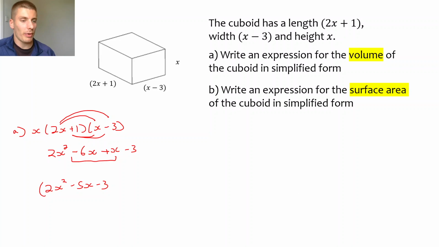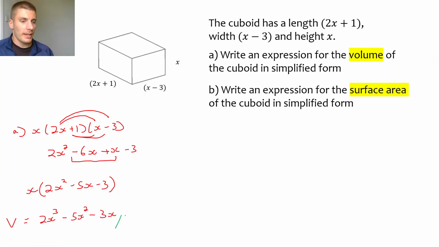And of course, these double brackets are being multiplied by the x you can see over here. So I distribute out, I multiply this x with every term within the bracket. So x times by 2x squared gives me 2x cubed. x times by minus 5x will give me minus 5x squared. x times by negative 3 will give me minus 3x. And this is my expression for the volume, okay? This is my answer. So I can actually go and write that the volume V is equal to this here,